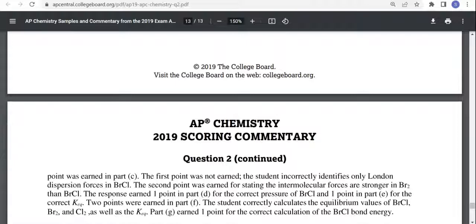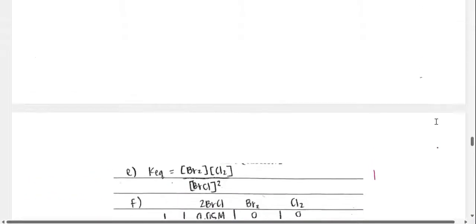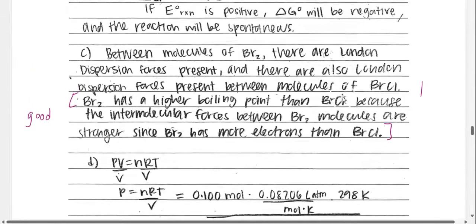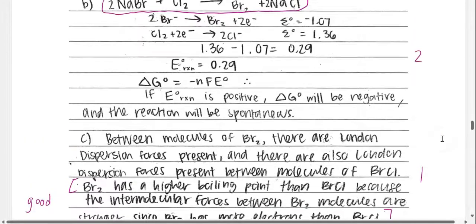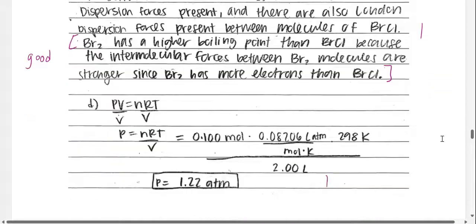And then, yeah, they received full credit for all the other parts, which I think was pretty clear. Okay, so overall, I actually thought the student did a really good job with their response. They just missed that thing about the dipole forces for BrCl in Part C. Okay, and then lastly,